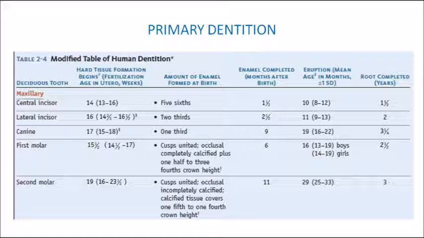So here also you have to note that there is a difference in the eruption sequence and root completion. The eruption sequence was A, B, D, C, E. Here it is A, B, D, then you have your second molar, that is E, and finally it is the canine which is having the root completion. So in the primary dentition, the upper arch, the canine is the last tooth to have the root completed, whereas the first tooth to have the root completed is your central incisor.